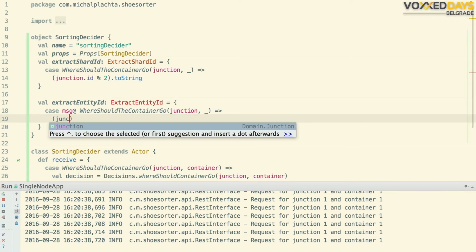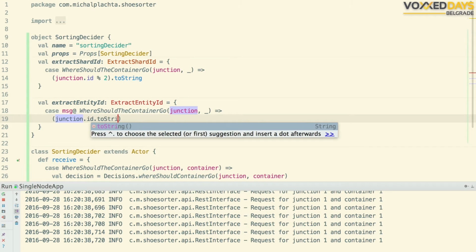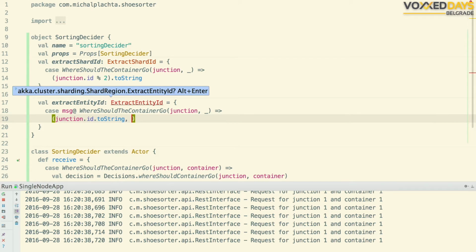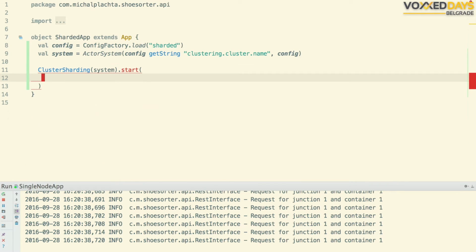And here we need to define junction ID to string, which just selects the right thing. It's just like a name of our child before, and the message itself, which needs to be propagated. That's all, and we just use those things here.